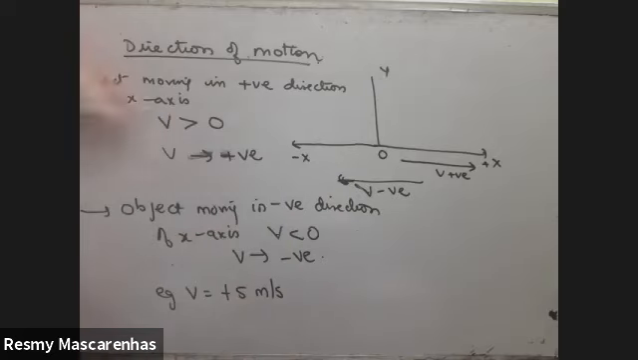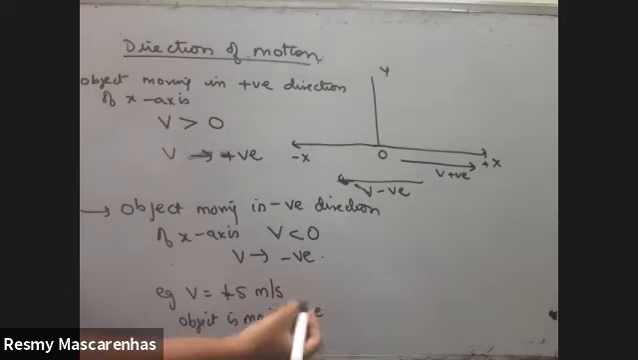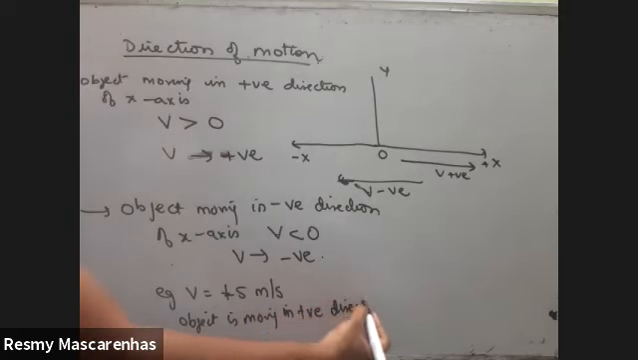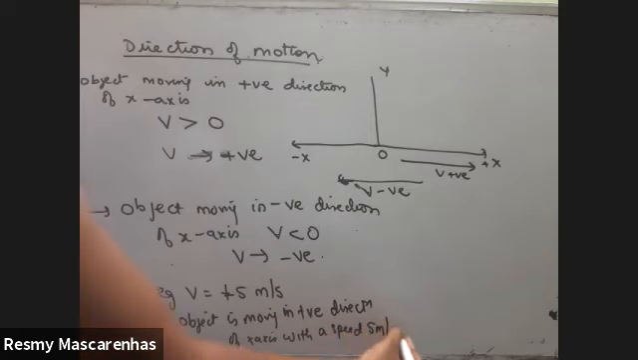So how do you know the person or the object is moving in the positive direction of the x-axis with a speed of 5 meters per second? How do you read it? Whenever you get velocity as 5 meters per second,